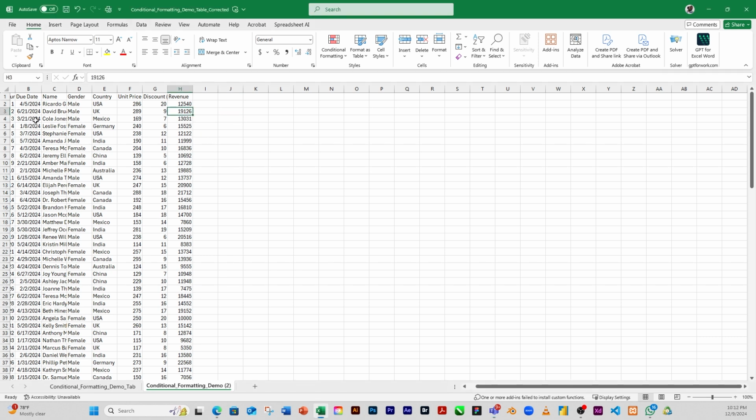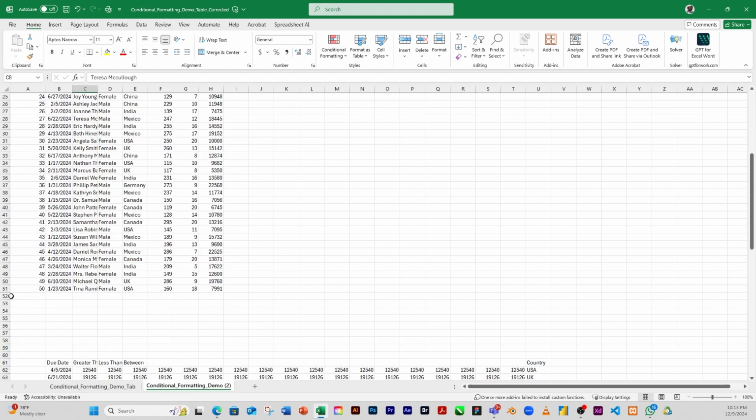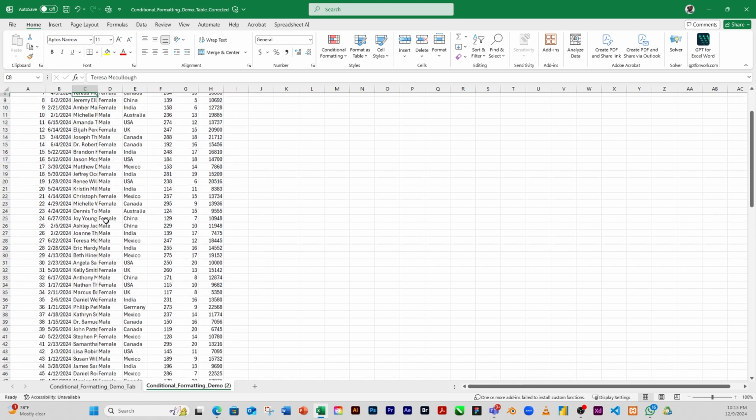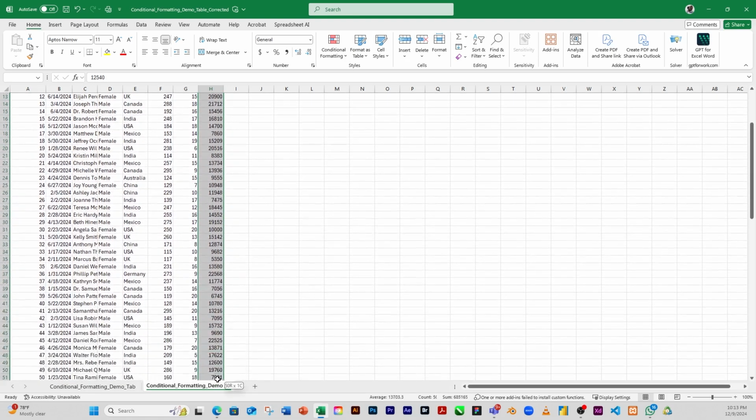So for example, we have a data set here. We have order number, date, due date, name, gender, country, unit price, discount, and then revenue column. All those are the fields in this data, and we have about 50 records in this data set. If I select this data, this column, sorry,